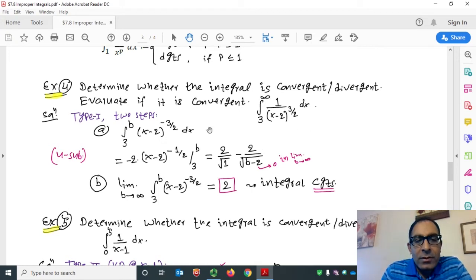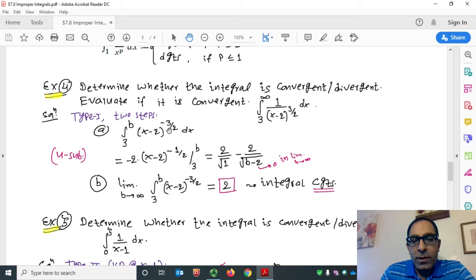Great. So it's a type 1 improper integral. There are two steps. First we compute the definite integrals and then take a limit. So let's compute the definite integral from 3 to b of this integrand function, and next take the limit as b goes to infinity. So begin the solution. Part A, the definite integral from 3 to b